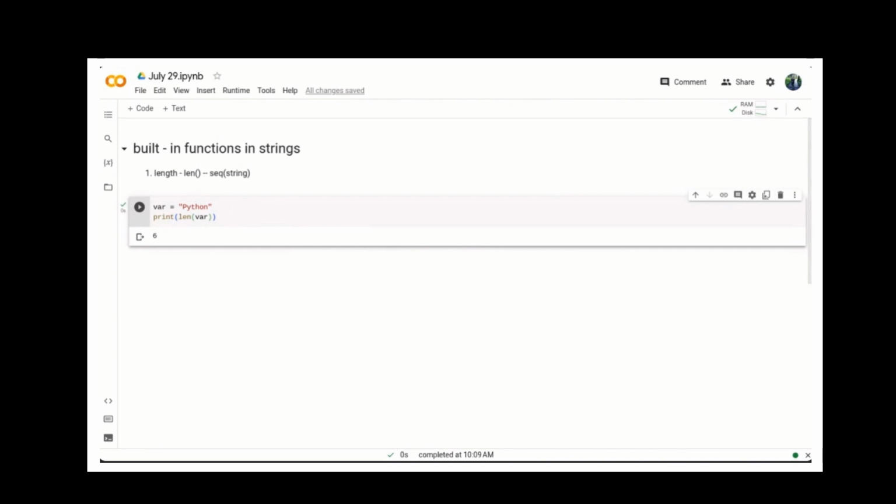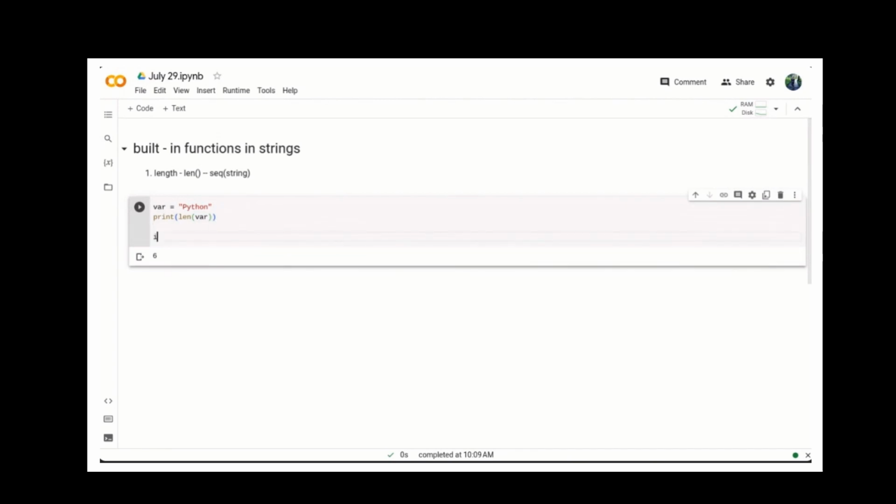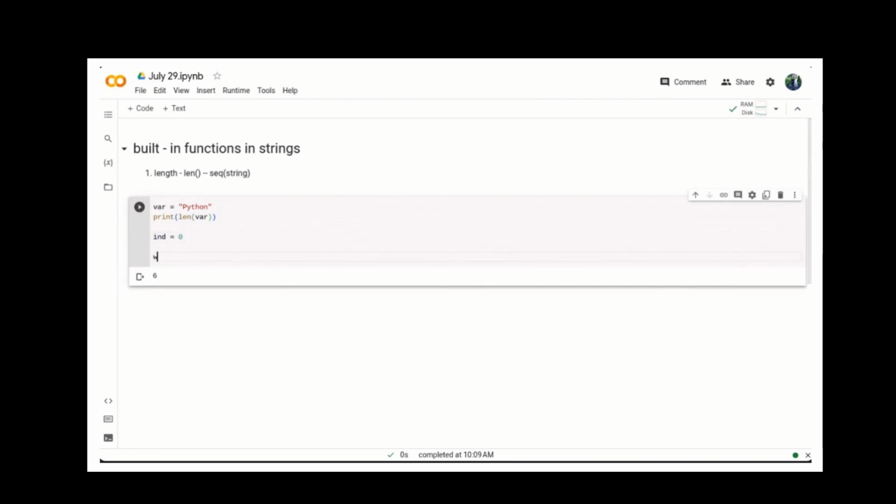First we need to initialize our indexing starting with 0, because that is how indexing starts in Python or any other programming language. And we need to increment it till the length of this particular string. Now let us see how that works. First the initial index, let me call it int. The initial index is 0. Now, while int is less than length of var,